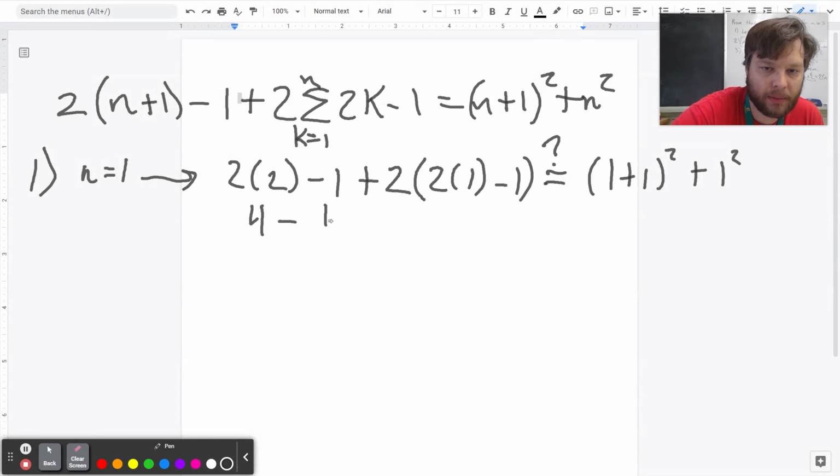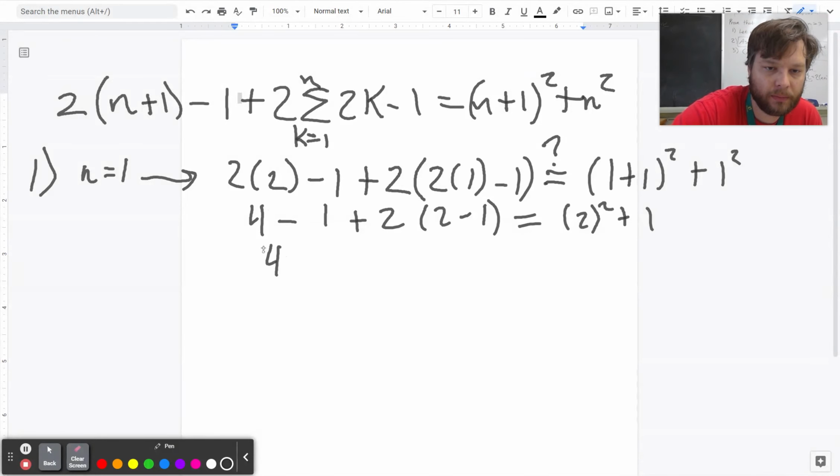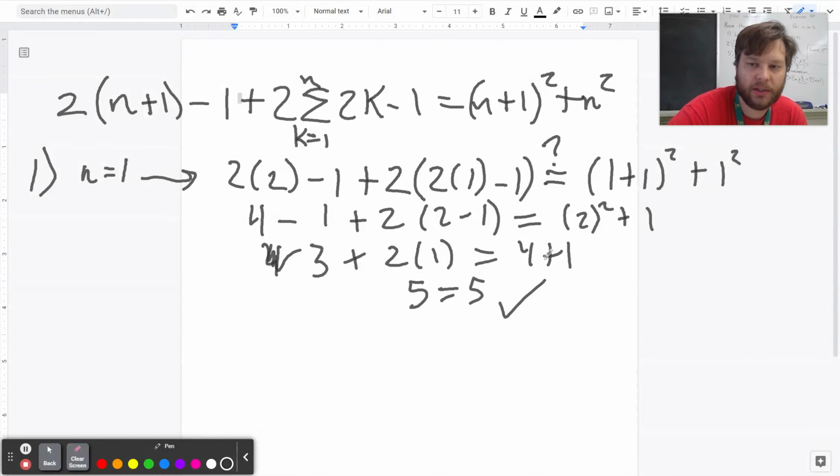So we have 4 minus 1 plus 2 times 2 minus 1. Over here we have 2 squared plus 1. So here we have, I guess I could just write 3 plus 2 times 1. Over here we have 4 plus 1. So we have 5 equals 5. Step 1 is okay. So what I'm going to do now is assume